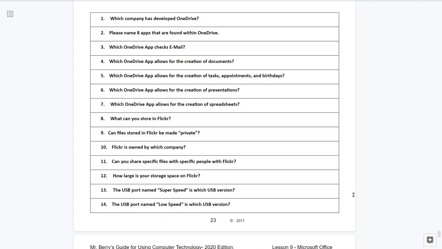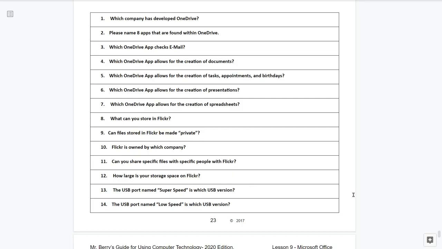Question number 8. What can you store in Flickr? Question number 9. Can files stored in Flickr be made private? Question number 10.